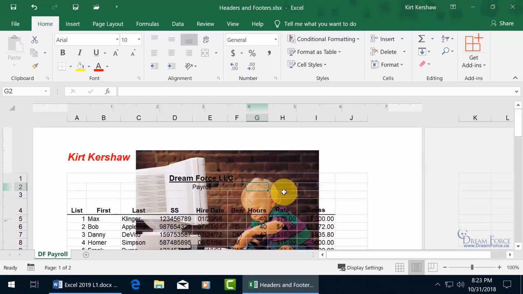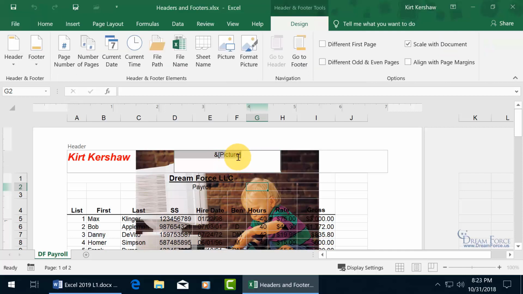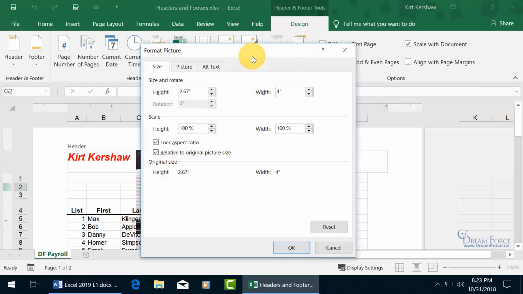The problem with this is that it's so dark that it kind of blends in with the numbers, the data here. So how about if we go ahead and bleach this, wash it out so it's faded? Let's come up here and make sure that you select the code, because after you have the code selected, if you want to be able to format the picture, go ahead and click on it and allow you to do it. And you can mess with the size, so if the picture's too big, you can go ahead and let's decrease it scale-wise. Instead of 100%, let's go down to